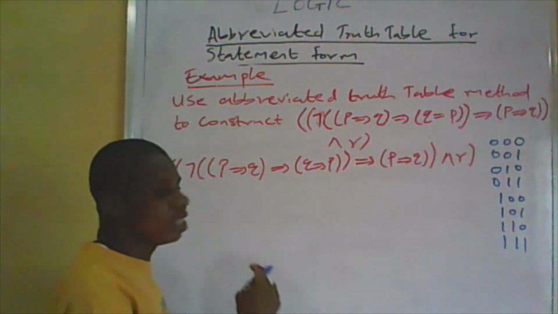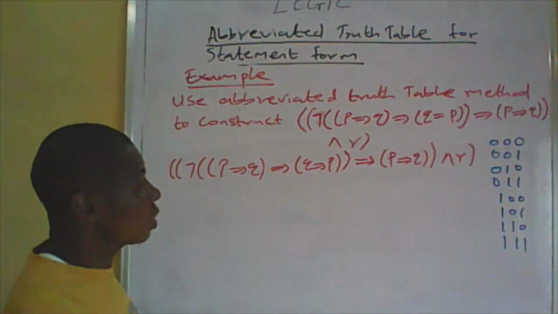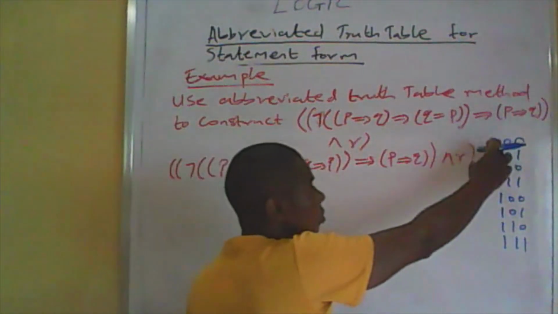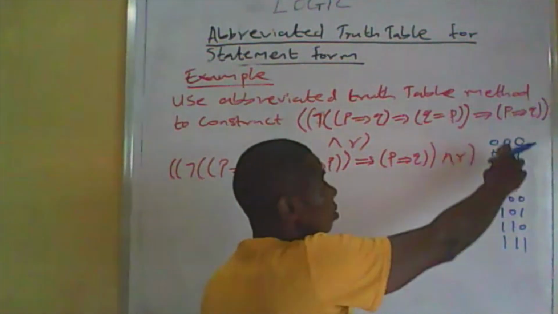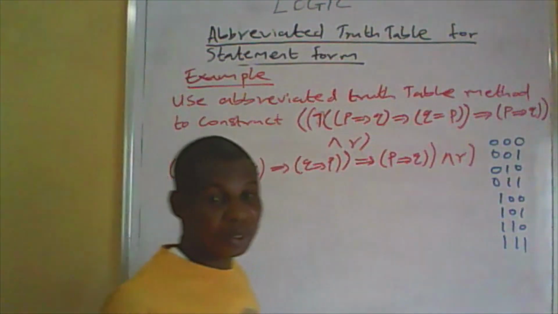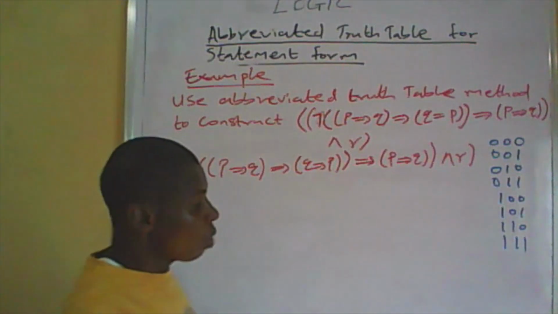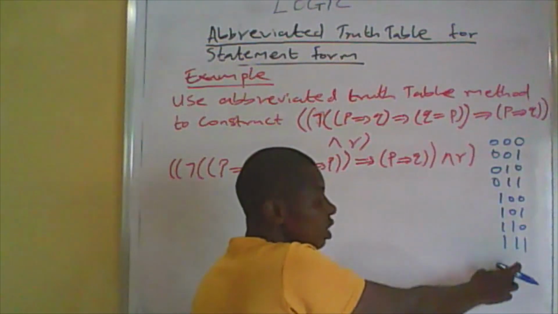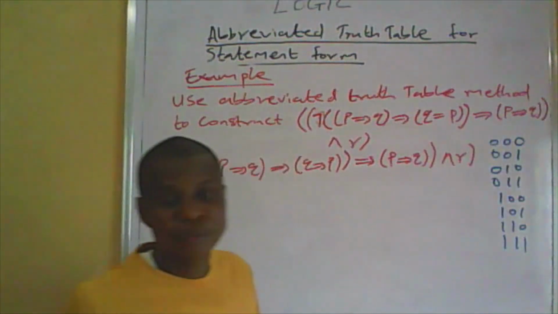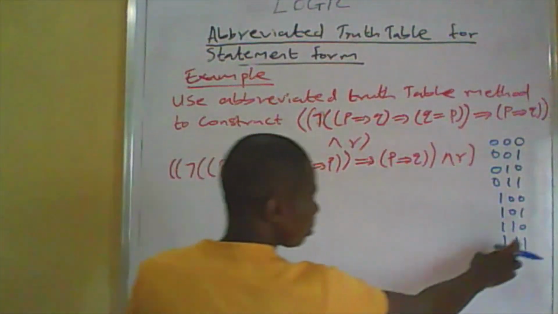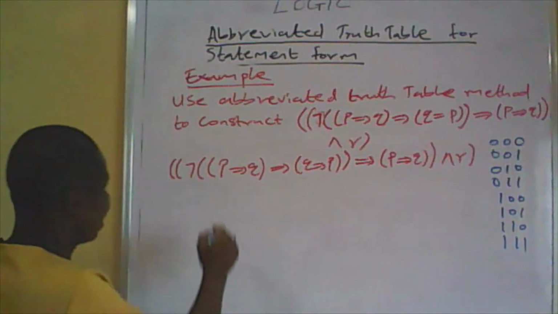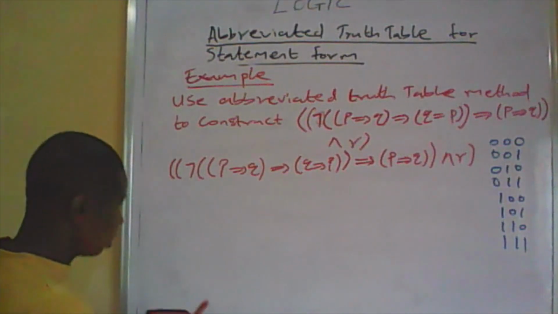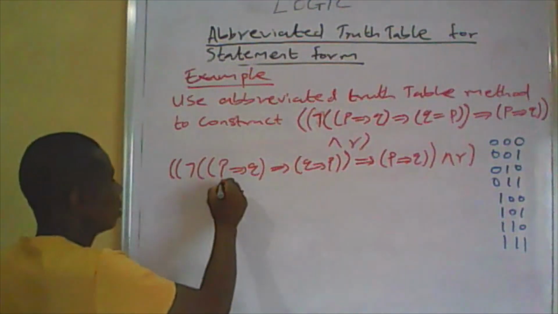Now we have gotten the ways we can combine our truth values. But note that 0 means F, 1 means T. You can start from lowest to highest, but we're going to start from highest to the lowest. So we have here, if P is here, you have